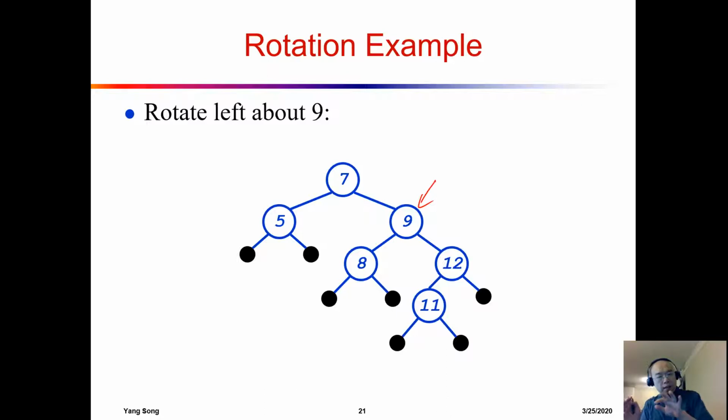So, then we are doing a left rotation, right? So I'm going to divide this subtree into 3 parts. So here, this part,